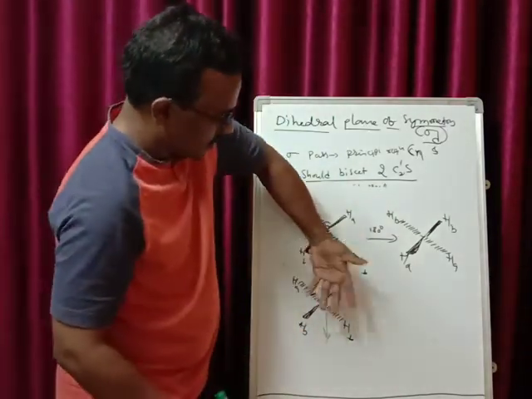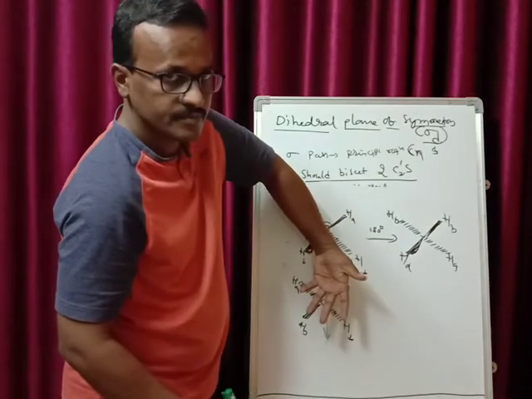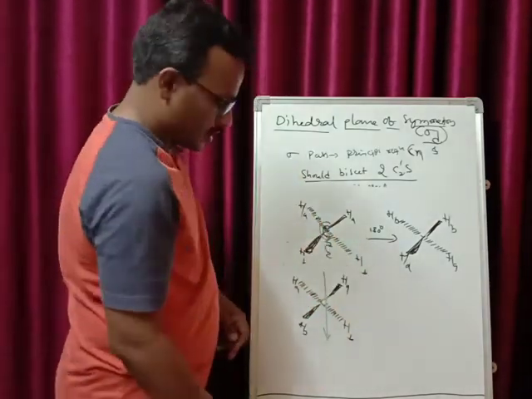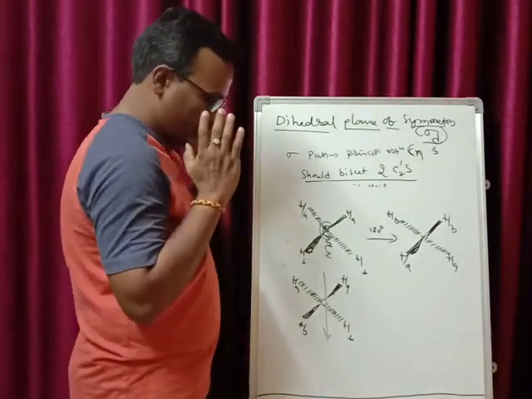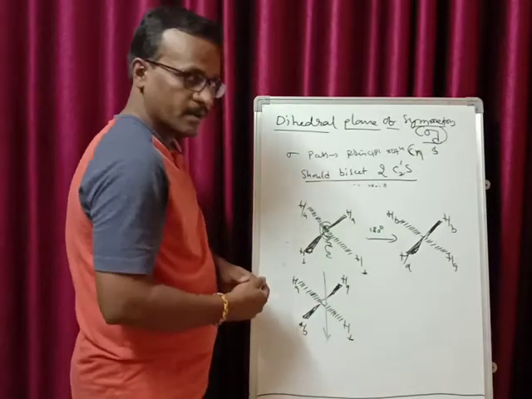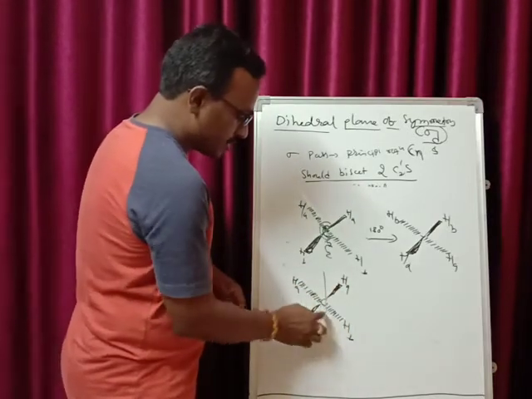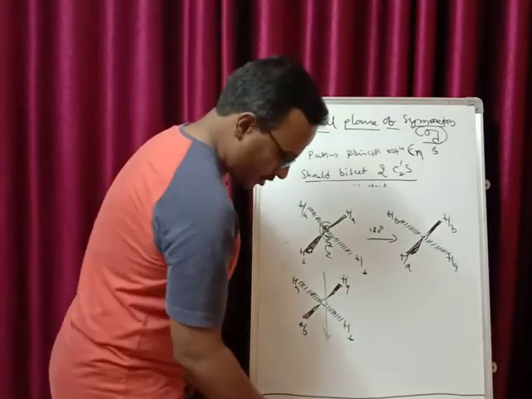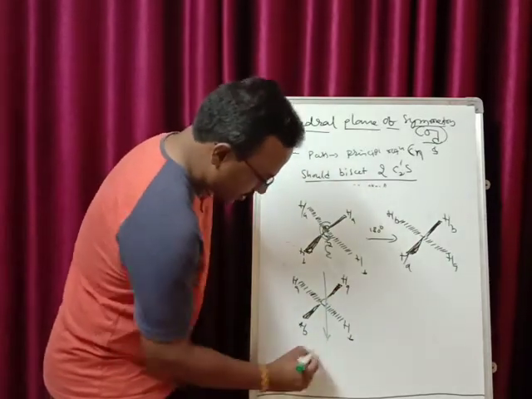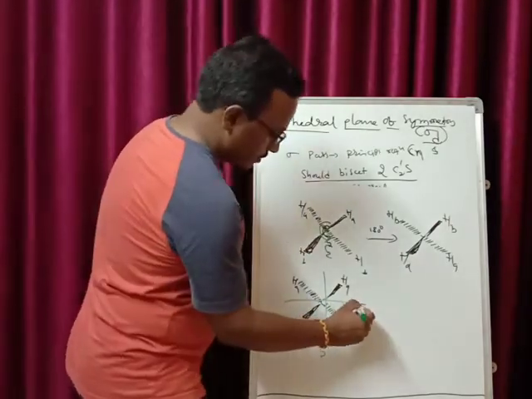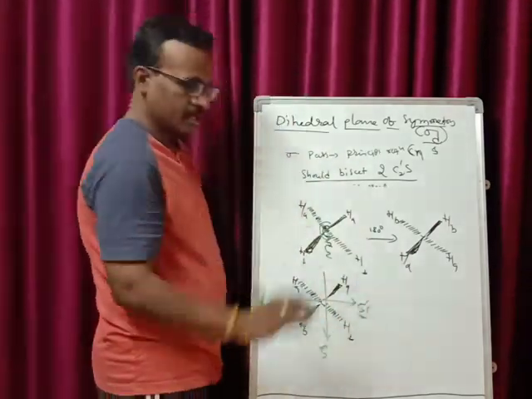If you rotate this molecule like this, right, what happens? The positions of these two and these two change. Actually, if you look at this, you feel that these two will go to the other plane, but no. These two will be exchanging with these two, and these two groups will be exchanging with these two groups. So this is one C2, the other C2 will be like this. So in the case of your allene molecule, there are three C2s.